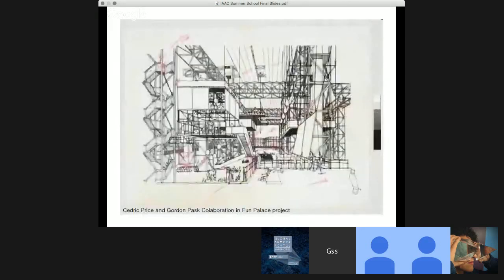The proposed building was a kit of prefabricated modules that would constitute a variable structure which Price claimed could be assembled, moved, rearranged, and scrapped continuously. It is worth mentioning that Gordon Pask and Cedric Price collaborated on developing the technological aspects of the design concept for the Fun Palace project.